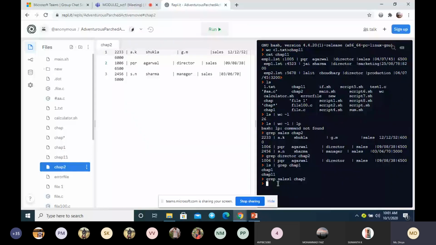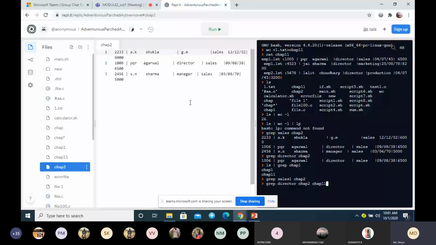So I can use the grep command to search multiple files. Here I use the pattern director, and I want to search in two files, chap2 and chap11.